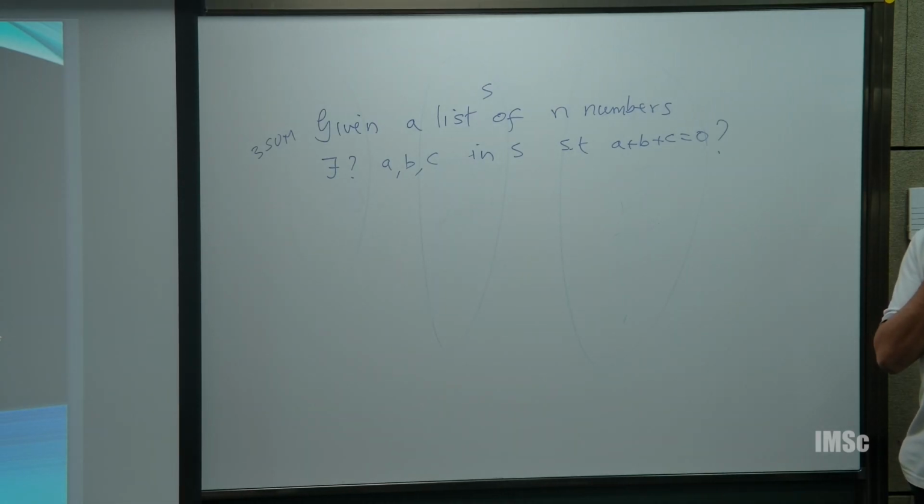n choose 3 would be one algorithm. Try all triples from that set, add them, and see whether they add up to 0. Can somebody think of a better algorithm? I don't know the complexity of this,